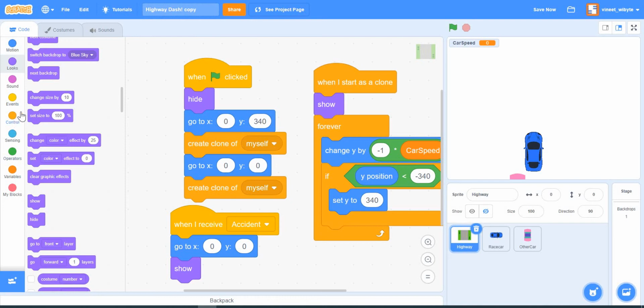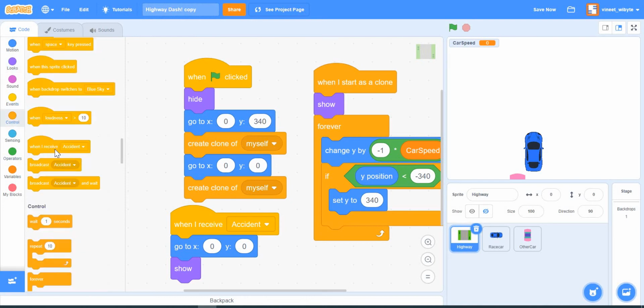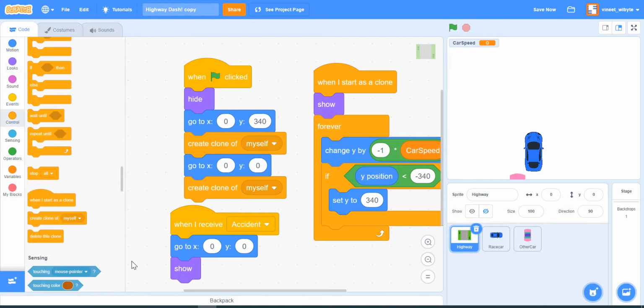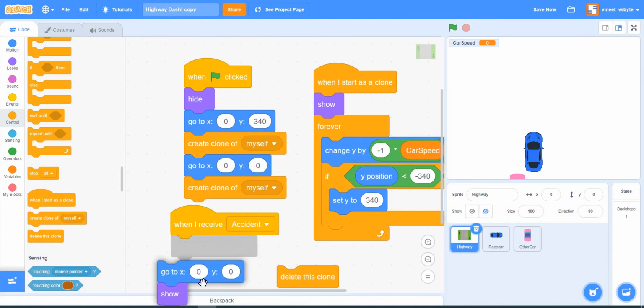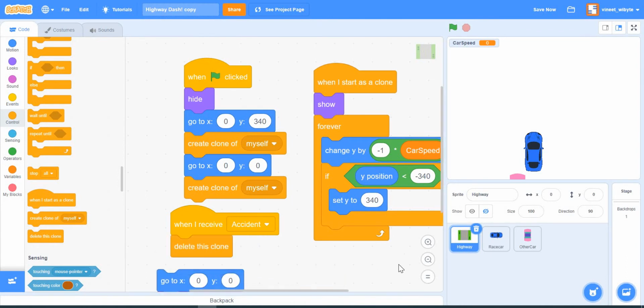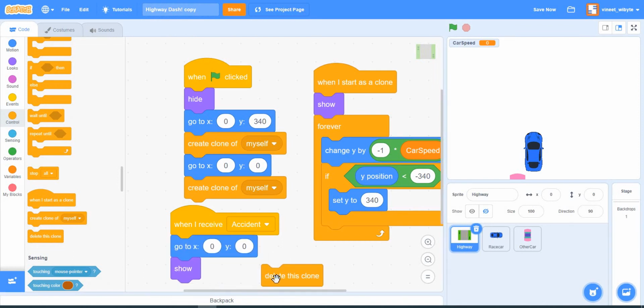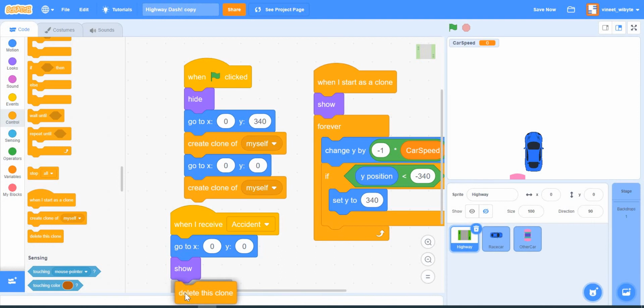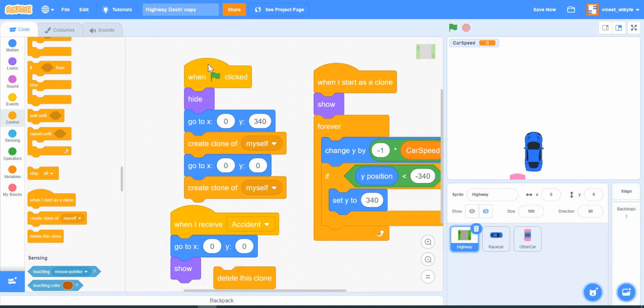Now this delete this clone is coming inside a broadcast, which means it's going to go to every clone, and both the clones are going to get deleted. This part is interesting because if I did not delete these clones, then really I'm not stopping this portion. At the same time, if I only deleted this clone, then the scrolling would stop, but the whole thing will become blank. So to do both of these, I'm saying, let's look at the original backdrop itself and show it. At the same time, later on, go and delete this code.